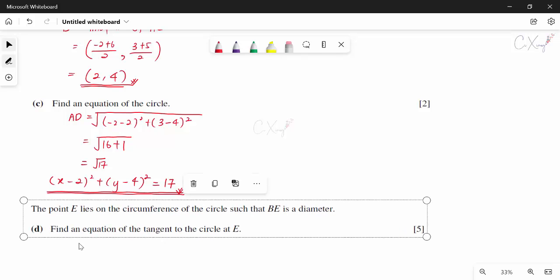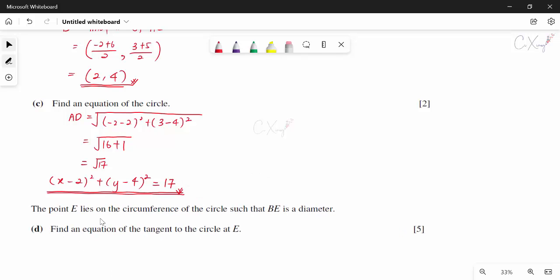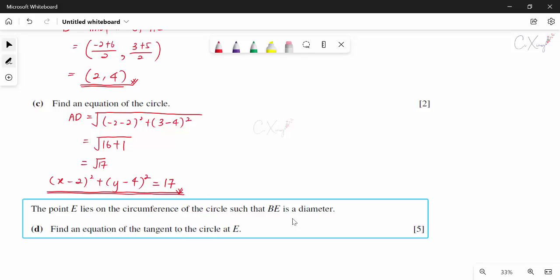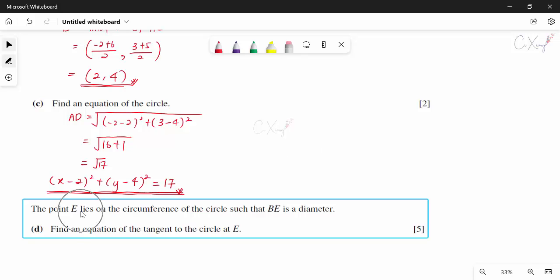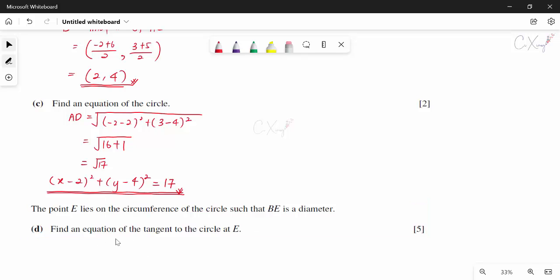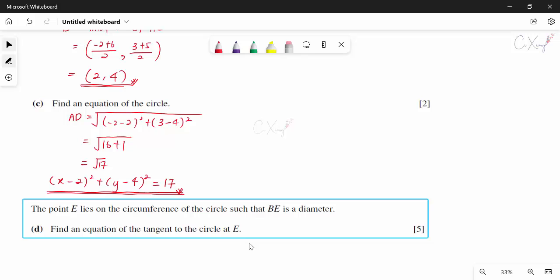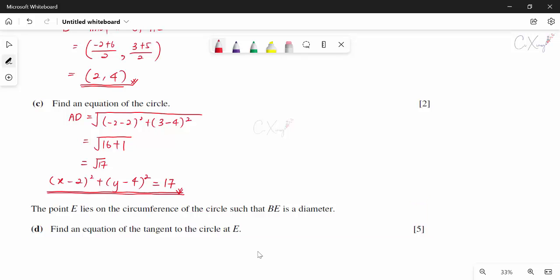Then there's another part. The point E lies on the circumference of the circle such that BE is also a diameter. Right, so that means on the same circle, now we have the point E, and BE is the diameter. They want us to find an equation of the tangent to the circle at E. Okay, so again,